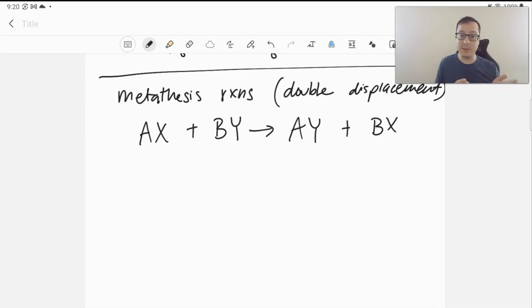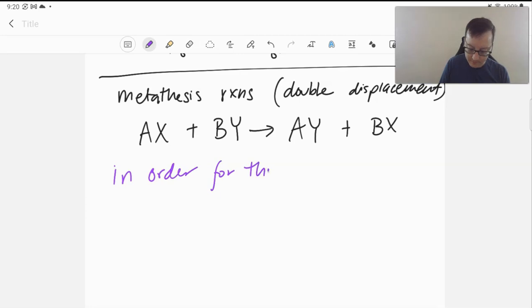So A used to be with X, now it's with Y. B used to be with Y, now it's with X. One thing to note, of course, we should still end up with cation-anion pairs. We're not going to see cation-cation pairs or anion-anion pairs, right? So in order for this reaction to happen,